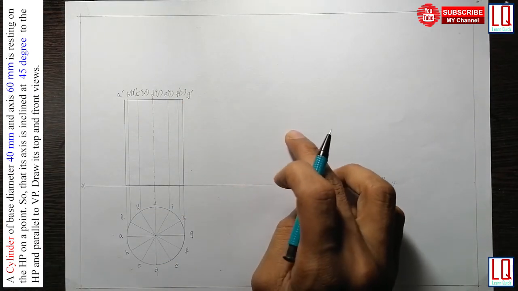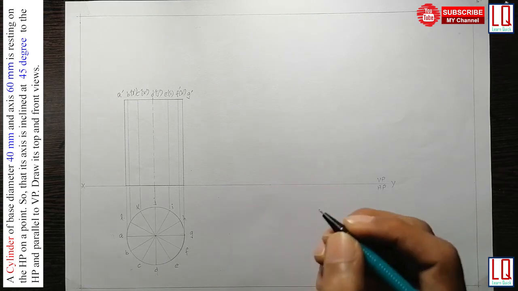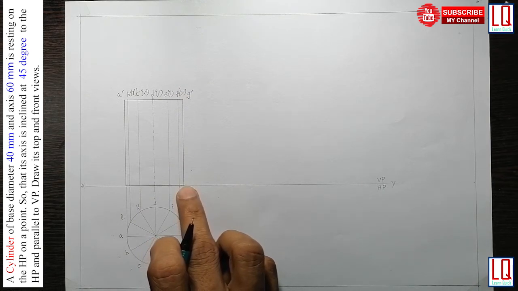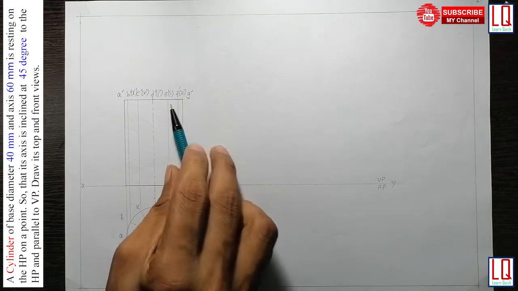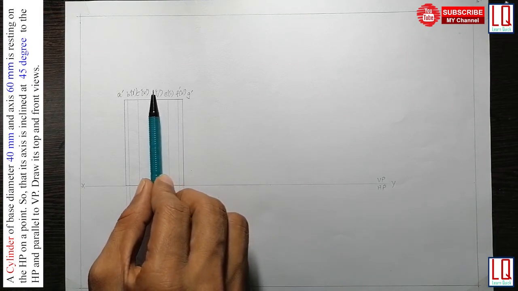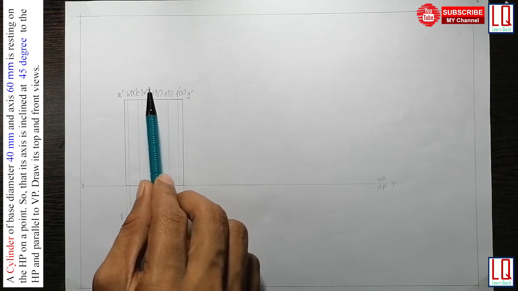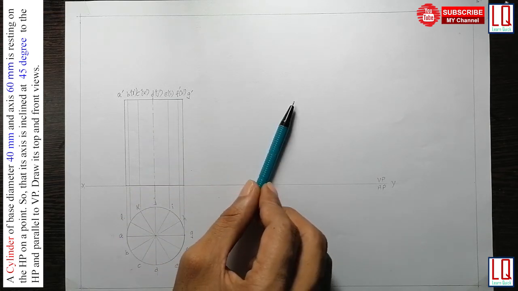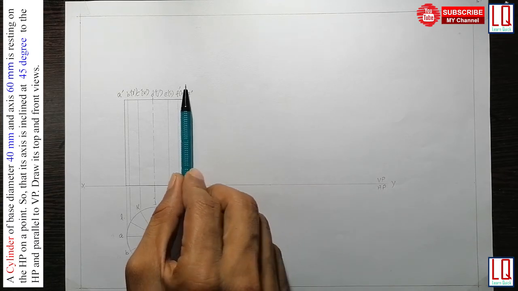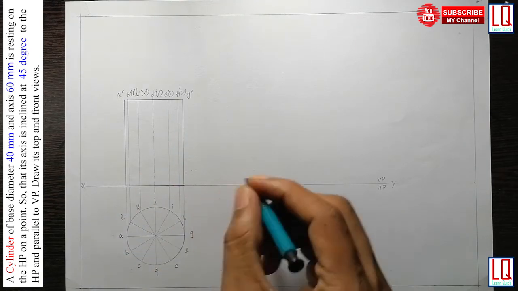Now to draw step 3, consider a point on the XY line and we are going to incline the generator G dash. If we incline this generator by 45 degrees, it is equivalent to inclining the axis at 45 degrees. In the question it is said the axis is going to incline at 45 degrees. Just for the ease of our construction, we are going to incline the generator G first, which is parallel to the axis line, which is almost the same.